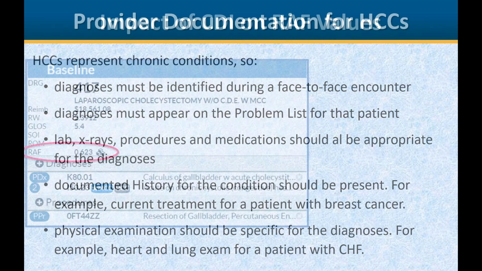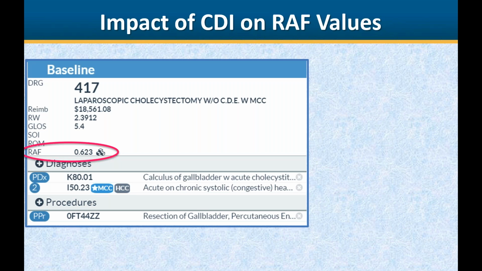Now, I just want to give an example that's kind of fun, and if you do anything with severity of illness and risk of mortality, you already can guess where I'm going with this. This is a patient with a laparoscopic cholecystectomy, otherwise known as a lap chole. They came in with an acute abdomen, a painful abdomen. It turned out to be cholecystitis. They went for a lap chole, and